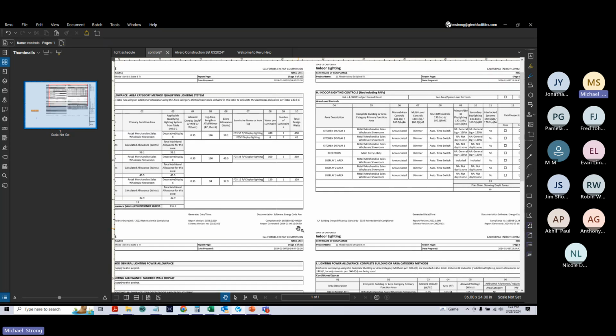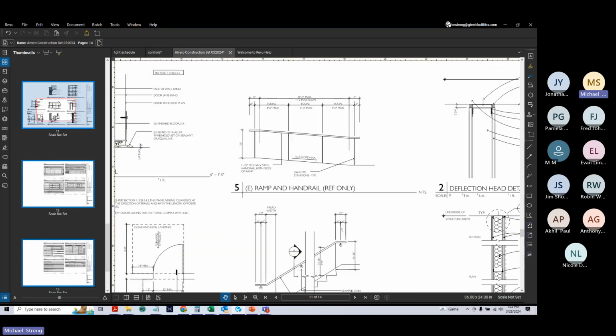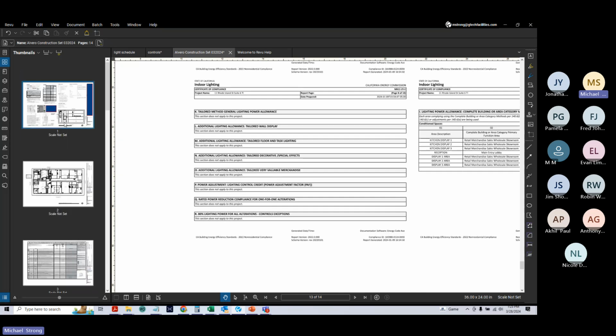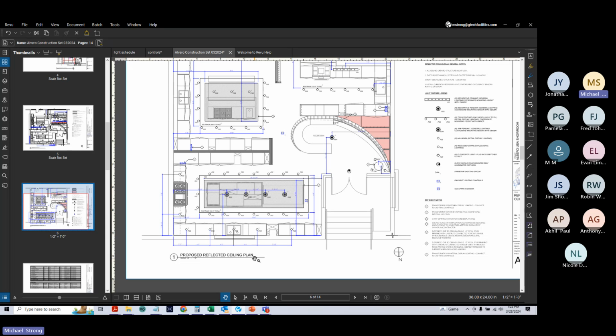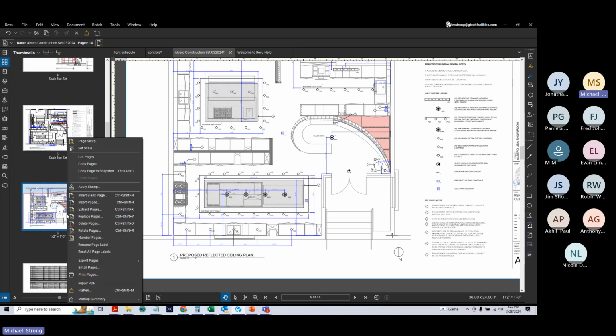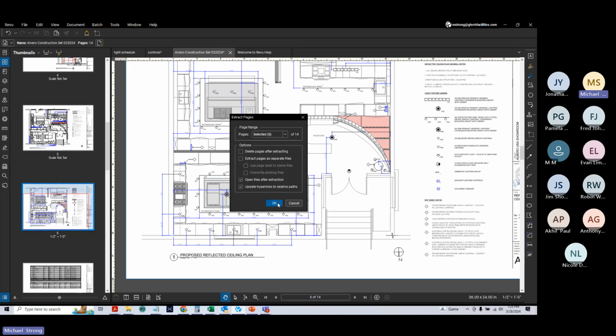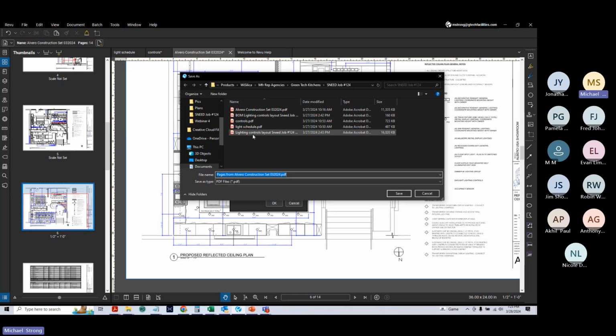so that I can pull those up without having to leave my document, because as I'm looking for these documents, I have to leave where I actually want to be, which is right here in the proposed reflected ceiling plan. And how I do this is I extract this page, and then I call it the lighting controls layout, and then I always type in version 1. And the reason I do that is because there's always changes, always. And once I've done that,